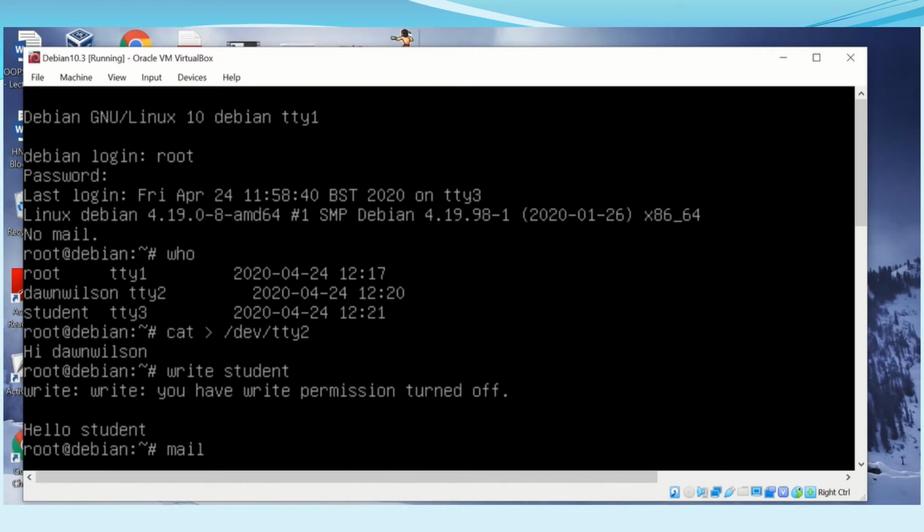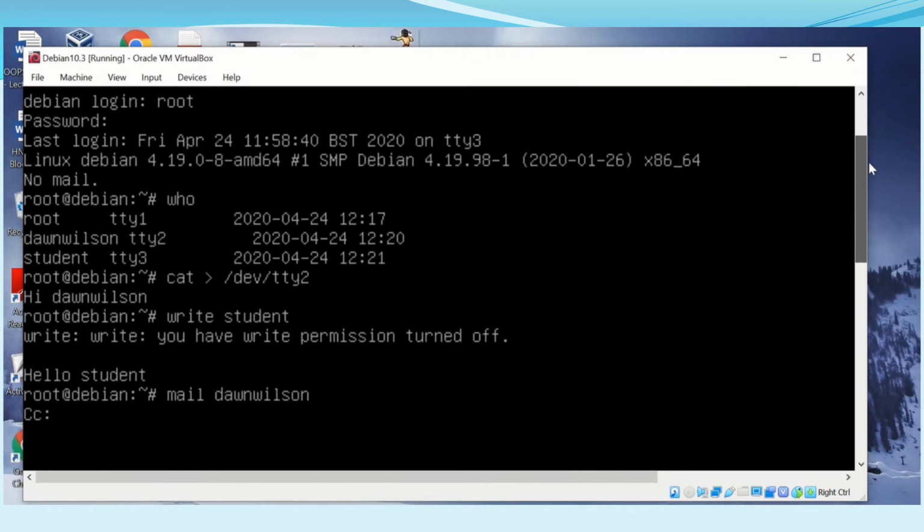So using it in interactive mode, you need to use the command mail, and you have to give it the recipient's name. So this would be the login ID of the person, or if they've got an email address set up on the system, then you can use their email address. So I'm going to send a mail to Don Wilson. So this is interactive mode. So I've not told it what message to send or any details like that, so it's going to ask me to fill all that information in. So when I hit return,